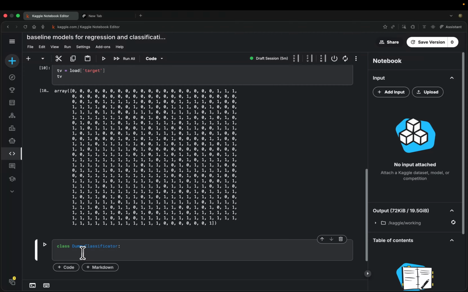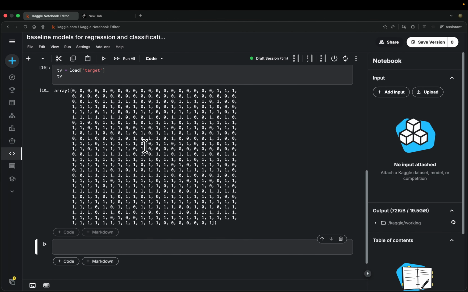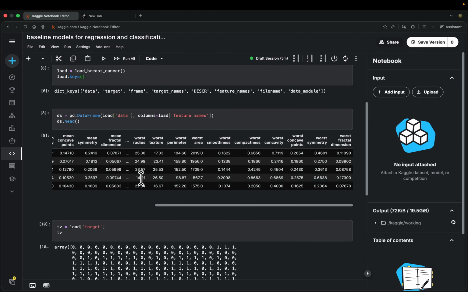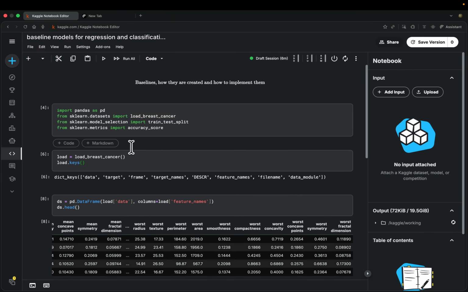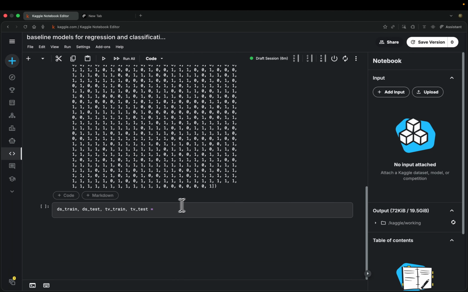Oh no, I have forgotten an important thing. You should always remember that every time you are trying to create a model, you need to separate your data for testing and for training. So we're gonna say ds_train, ds_test, tv_train and tv_test equals, and as you remember, we loaded this function, train_test_split,